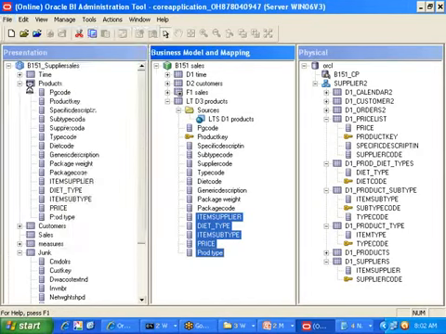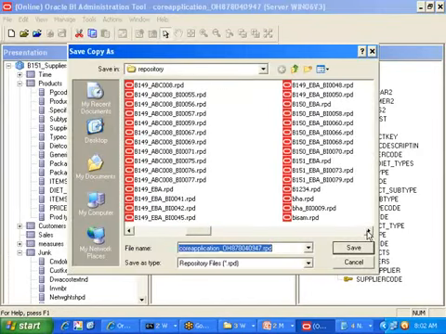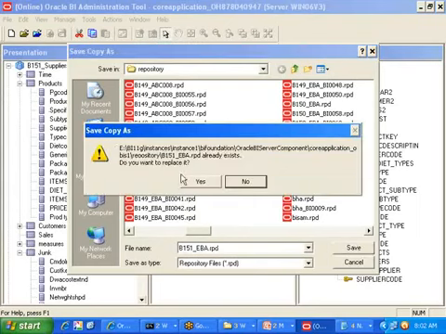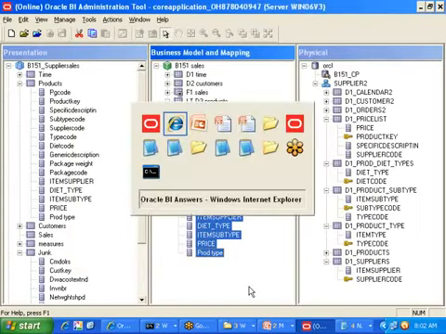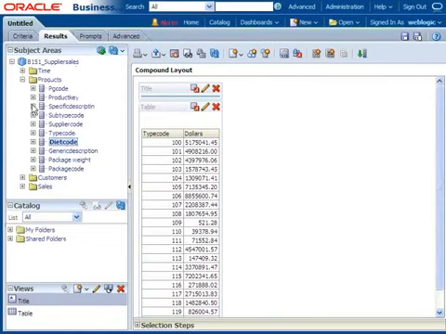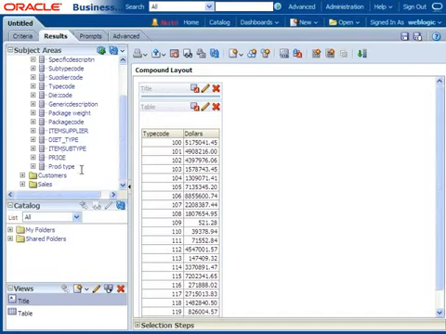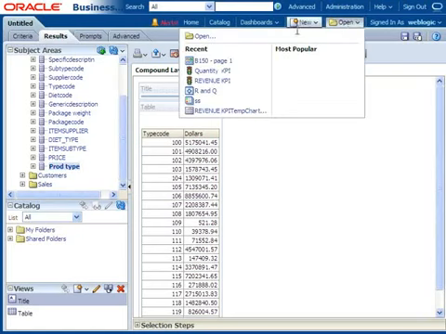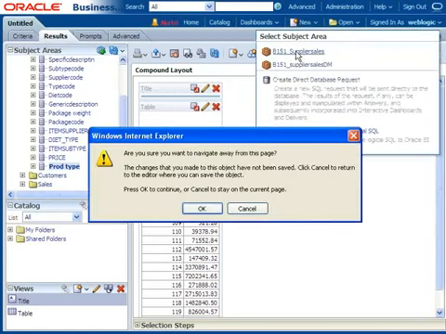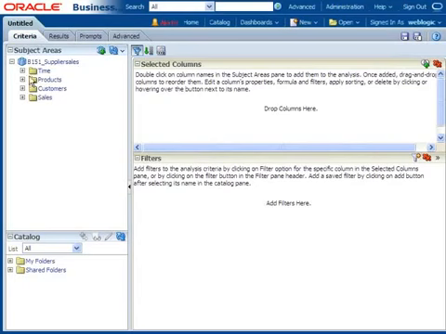up with this one, I am saying what, sir? Copy as your original file name B151 underscore EBA, save, click on yes, then go to the front end. Here I am checking, is the products information available, sir? I need to reload server metadata, I am reloading it. Once you reload it, then go for the products, then I have here item type somewhere, product type, this is it, right? Instead of this kind of reporting, I want to go for some other reporting fashion: new, analysis, B151 supplier sales, click on OK, and I am clicking on a column called product type,